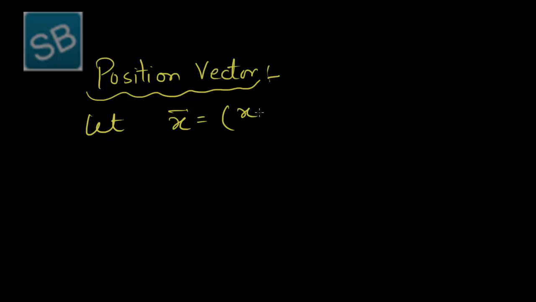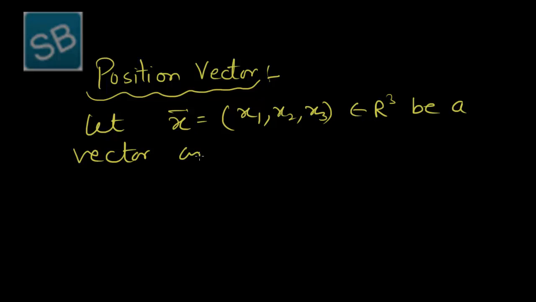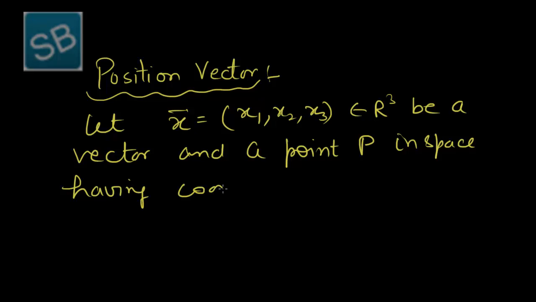Next is position vector. Let vector x = (x1, x2, x3) belong to R cube, be a vector and a point P in space having coordinates x1, x2, x3. The directed line segment